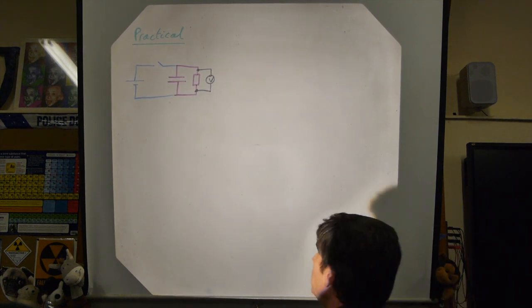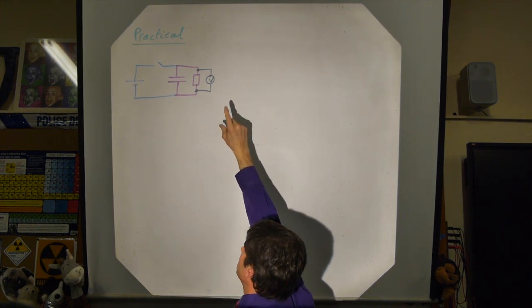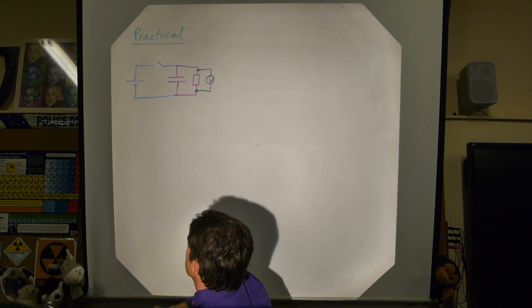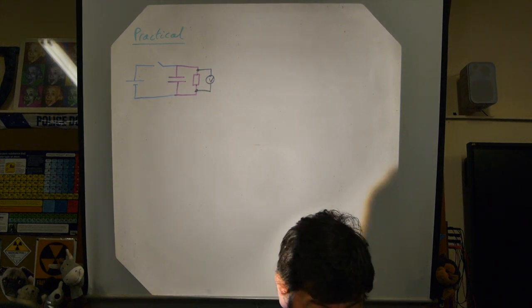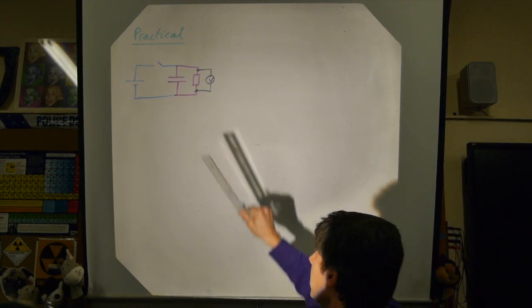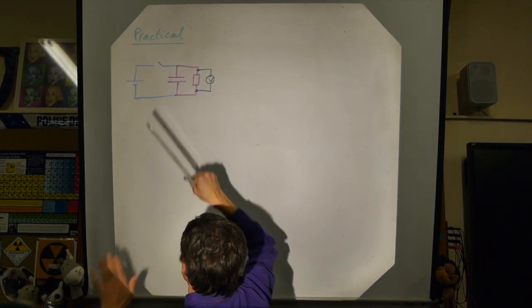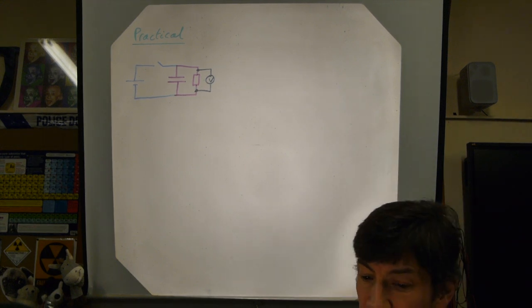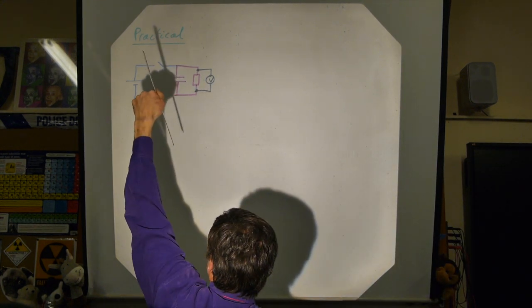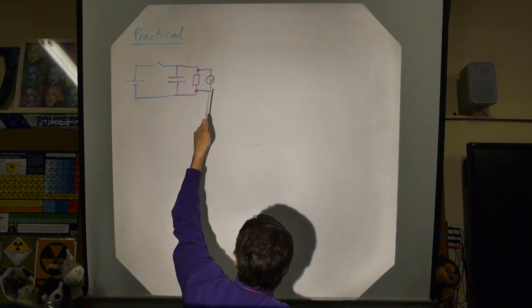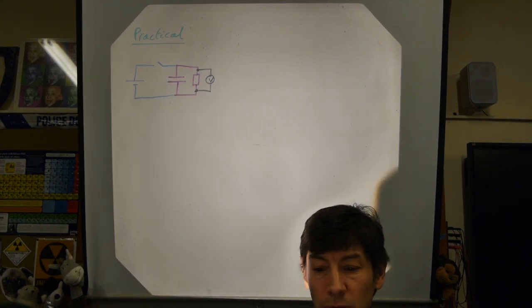Now, I've done that purely to point out that you can connect the voltmeter across the resistor, but that is still the same as connecting across the capacitor. We've charged up our capacitor. So there we go, charged up. Disconnect, get rid of the blue circuit, get rid of the battery. And the moment you open the switch, start your stopwatch,